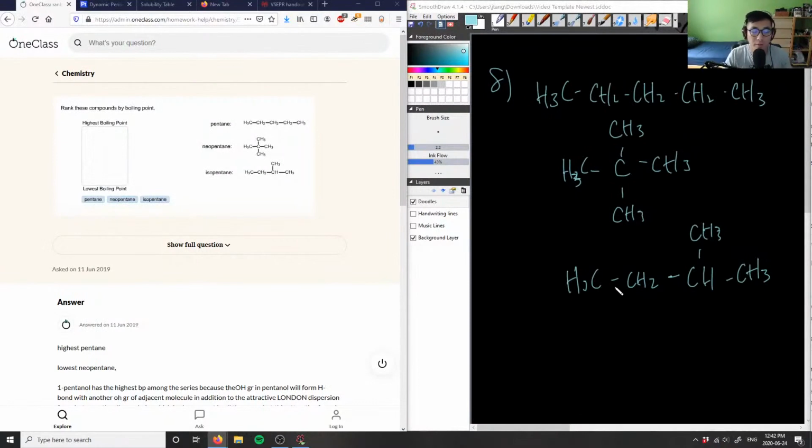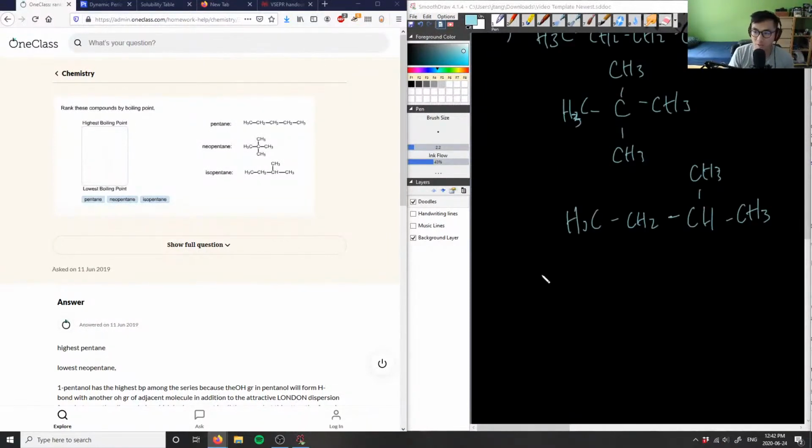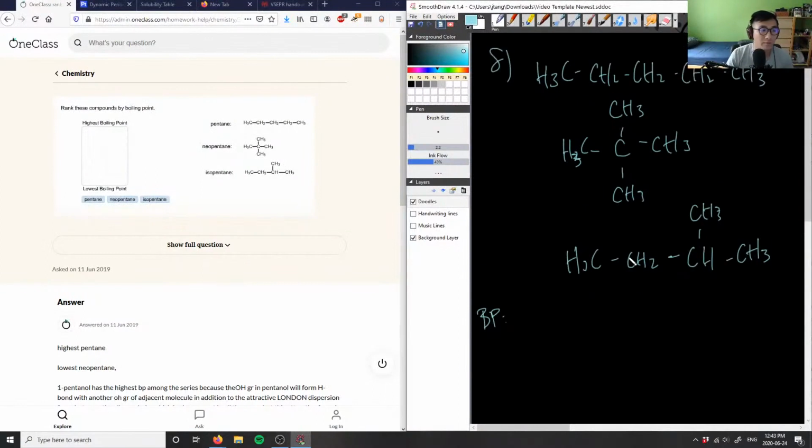So if we want to figure out the boiling point again of these structures, we have to look at the geometry. So the straight chain alkane will give us the highest boiling point, and neopentane actually gives us the lowest boiling point because of something called strain. It's a lower boiling point because the structures are closer together. So therefore, you can think of this as entropy as well. Things want to break apart if they're closer together. So they want more space between